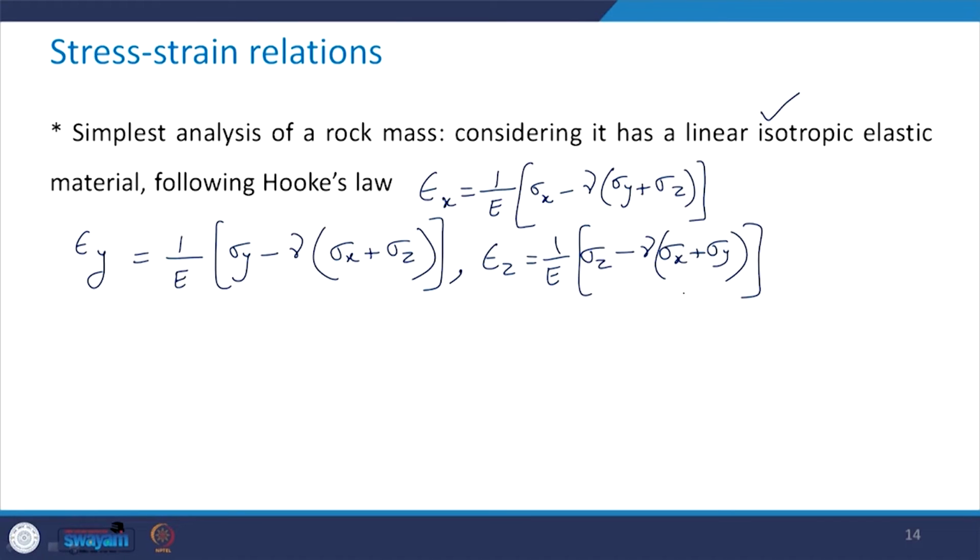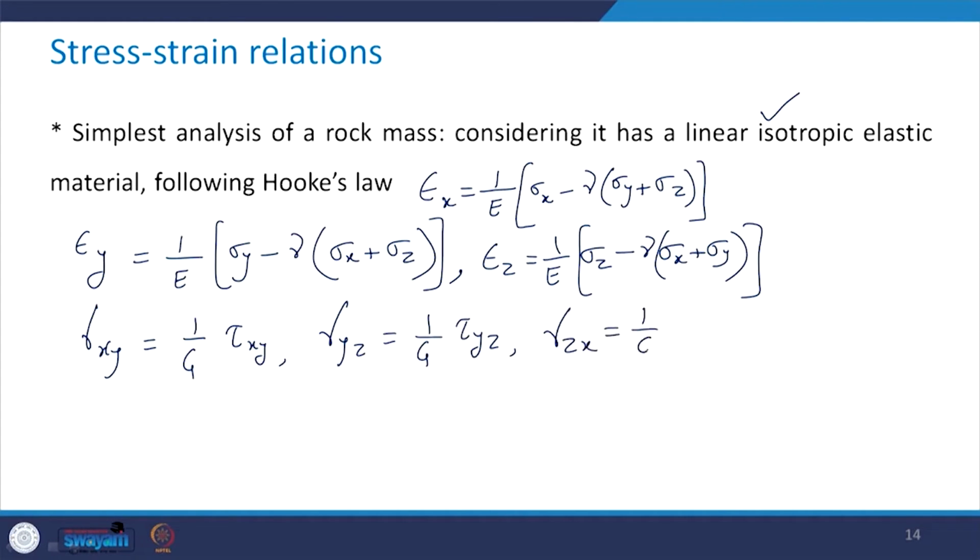So, these are the three components of the normal strain. Then you have the shear strains, which is gamma xy, that is equal to 1 upon G tau xy. You have gamma yz, which is equal to 1 upon G tau yz. Then gamma zx is equal to 1 upon G tau zx,